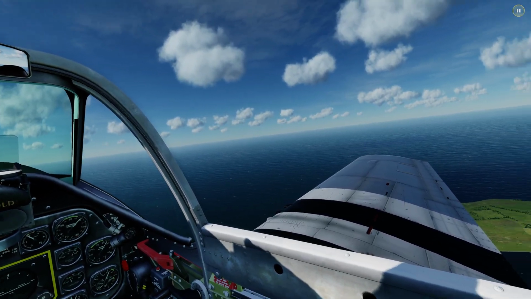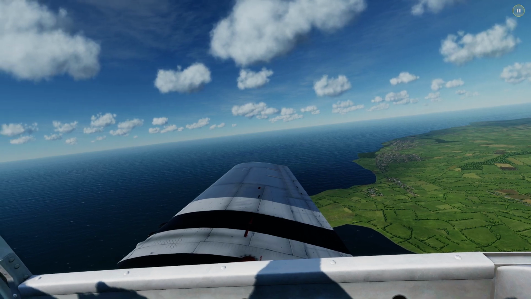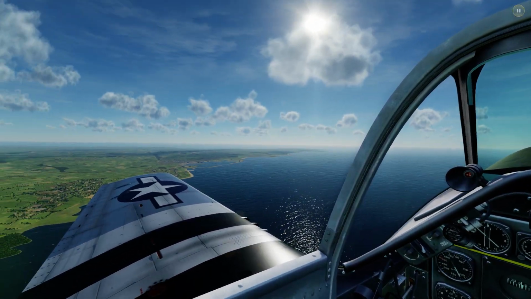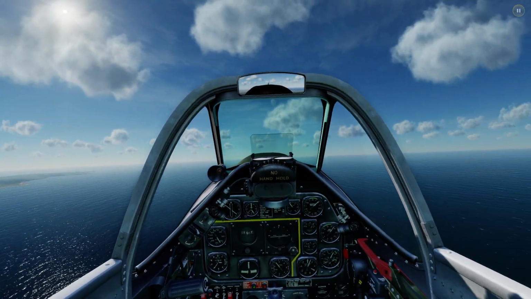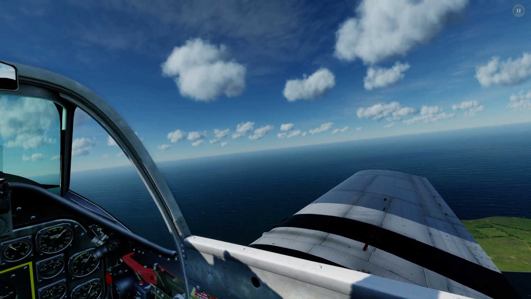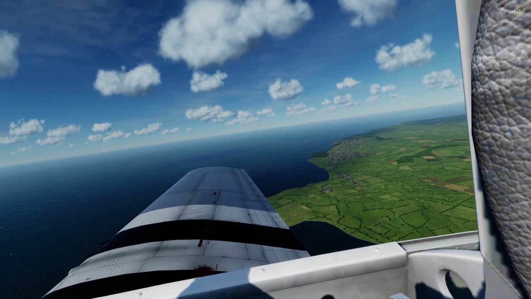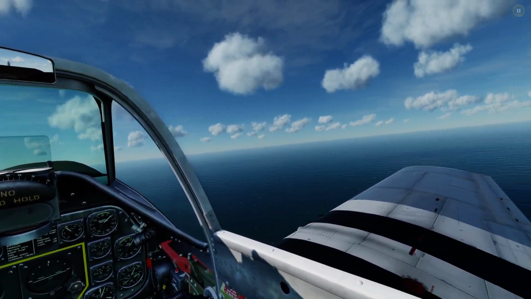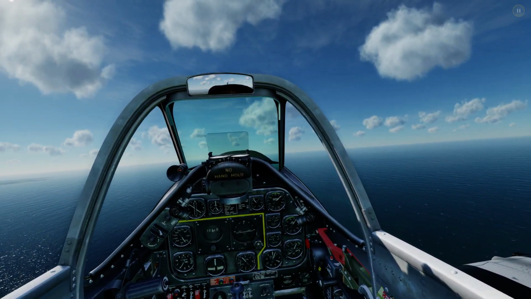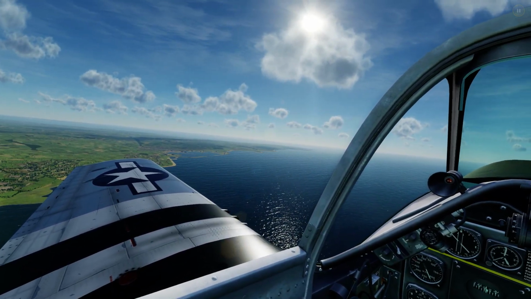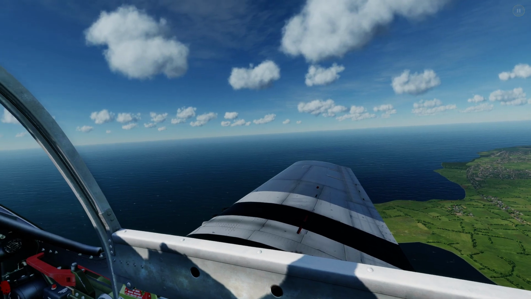The eagle-eyed amongst you might notice I'm not in a Spitfire, and quite right you are. However, there are certain things that I need to demonstrate to you that the Spitfire doesn't do, before I tell you why it doesn't do them, things it does do and why it does them. But I need a comparison aircraft, and the Mustang in this particular instance is an excellent choice, because first off